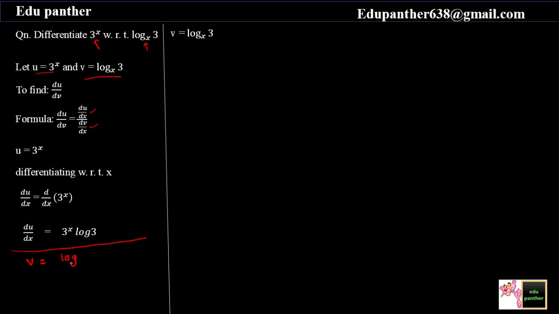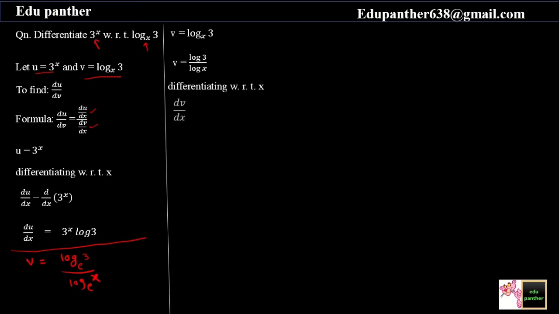So the procedure is you can remember using this method. We have two numbers here, one is 3, another is x. So write log 3 in the numerator and log of the base, which is x here, so log x in the denominator, and then write whatever new base you want. Here we want base e. So after changing the base, your v will become log 3 upon log x. Here I have not mentioned the base of log, so by default your base is e. Now we can differentiate here.